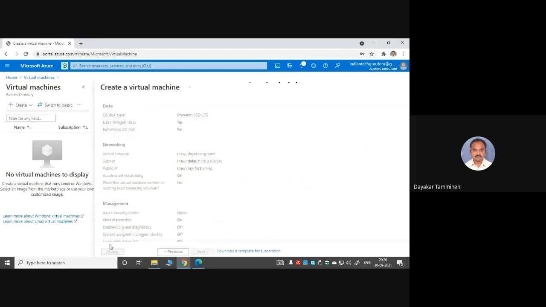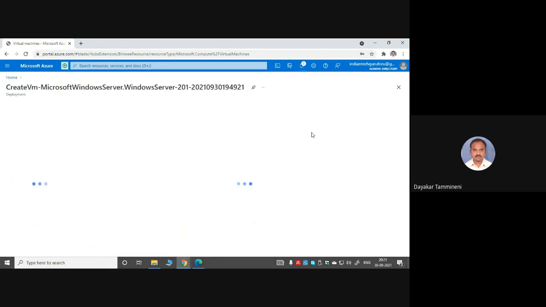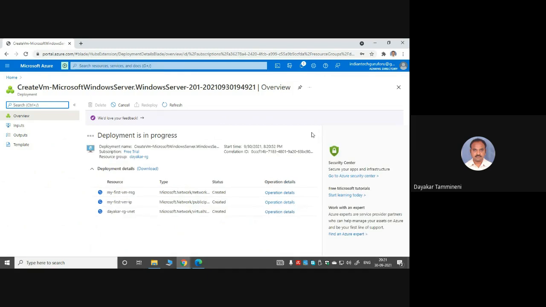Just click on create. Okay, now our first virtual machine is being deployed.